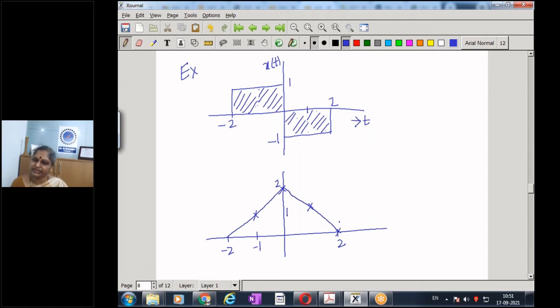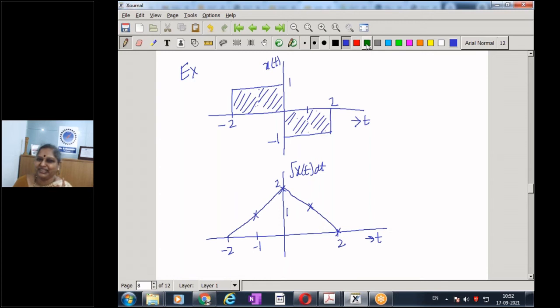And to do a quick check, just differentiate. This is the integral of x of t dt. Differentiate and see whether we get back the original signal. When I differentiate it, this is a line of positive slope with 1, and that is right. This is a line of negative slope with the minus 1, and that's right. So we get back the signal. Very good. So you know there's a positive area, there's a negative area.